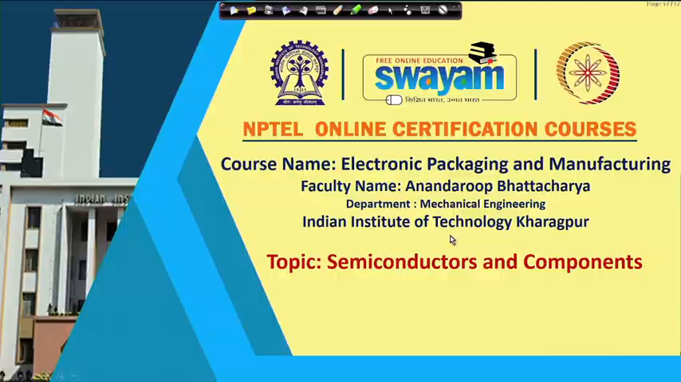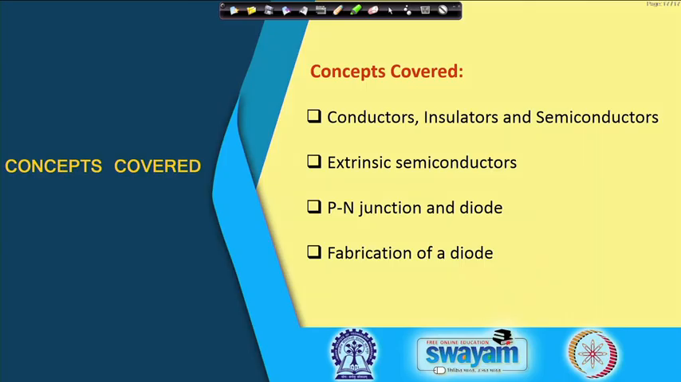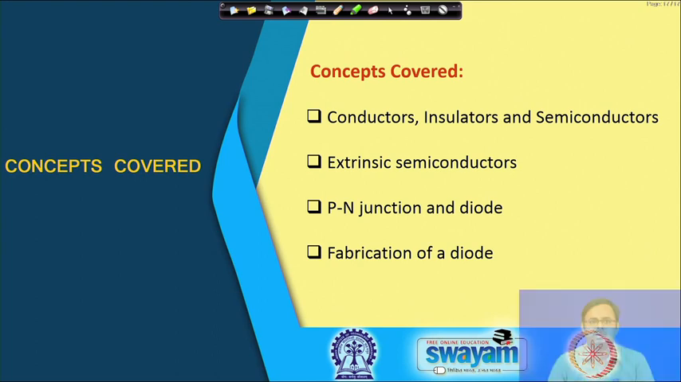Welcome back to the course on electronic packaging and manufacturing, and we will continue from where we left off last time. We were talking about semiconductors and devices or components. If you recall, these are the topics that we were going to cover: conductors, insulators, and semiconductors, and extrinsic semiconductors. So these two were covered in the last lecture,